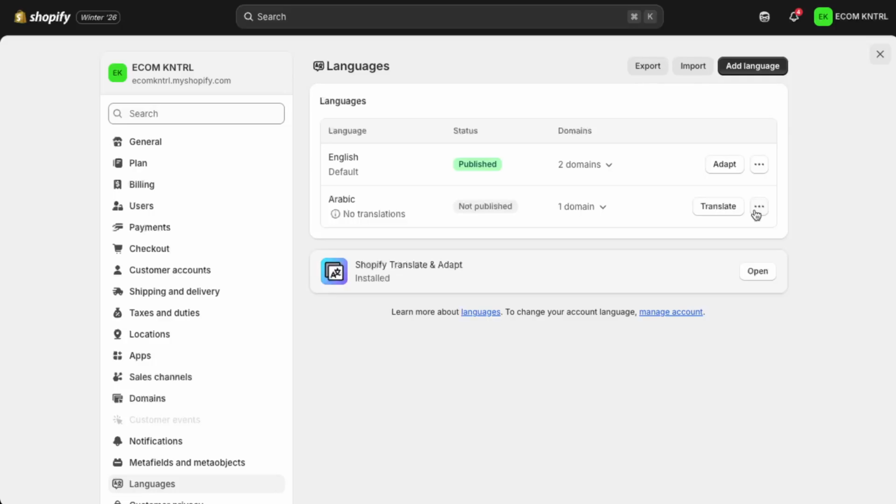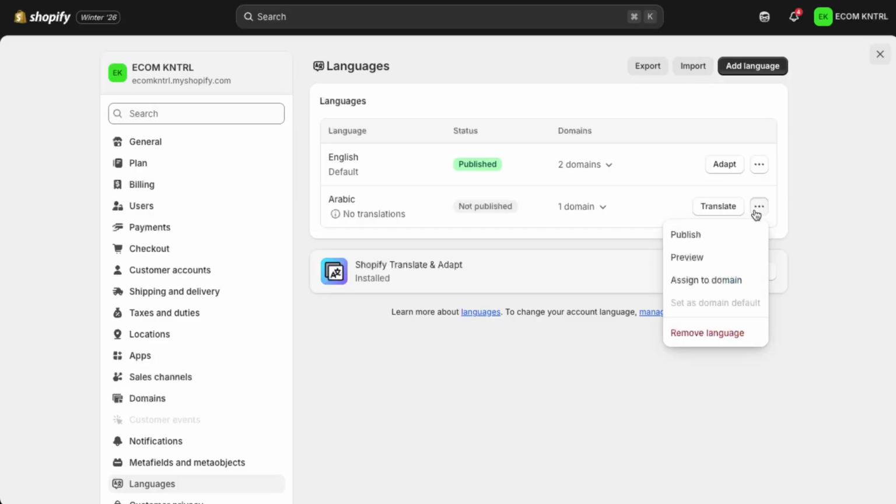When prompted, click Translate to begin. The process can take a moment depending on the size of your catalog. While it runs, keep in mind you can return to this app anytime to review and edit specific strings for greater accuracy. Once the auto translation completes, use the Languages link near the top of the app to return to